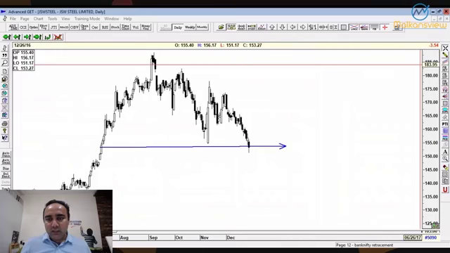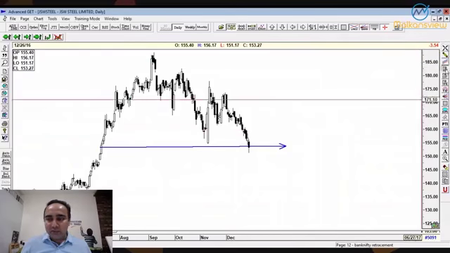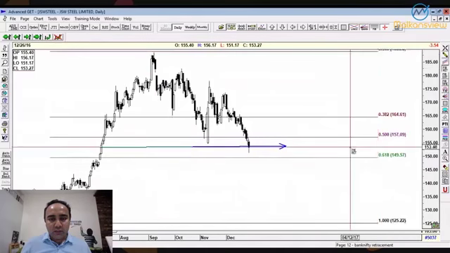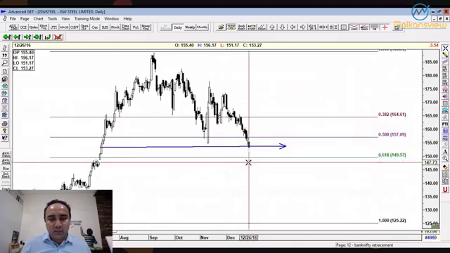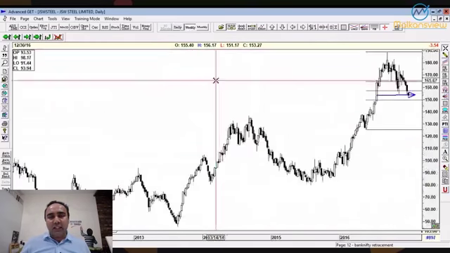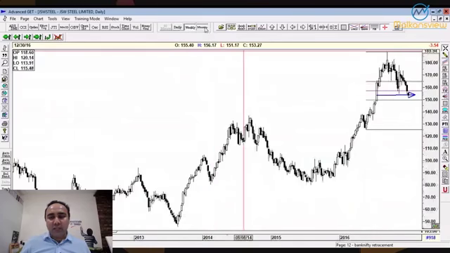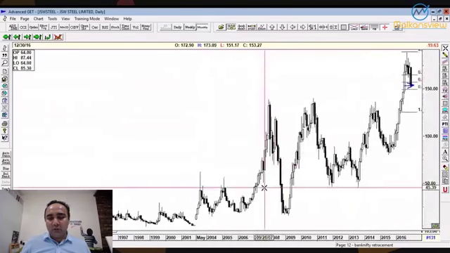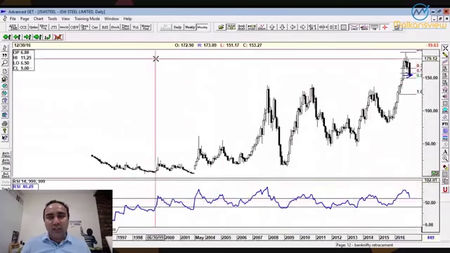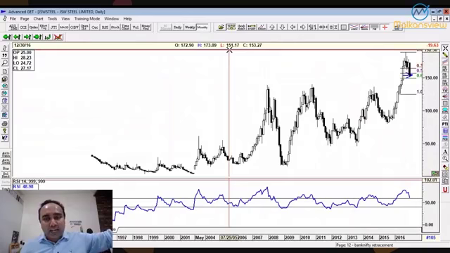38, 50, and 61. By the way, I have recorded videos on Fibonacci in the past, Tuesday technical talk. So make sure you watch those videos. But it's very near to 61%. And as per my weekly and monthly trend, it's an uptrend, higher top, higher bottom. And monthly is also, let me just check the RSI. So my monthly RSI is above 60. So that qualifies. That is my bullish. So that's my uptrend. You can define your own uptrend, but this is my uptrend.